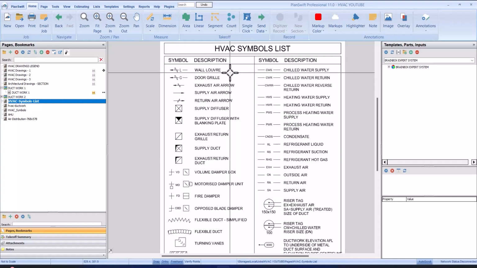So here we have the wall louver, the door grill, the exhaust air arrow, the supply diffuser with blanking plates, the exhaust/return grill, the supply duct, exhaust/return duct, the volume damper box, the motorized damper unit, the fire damper,